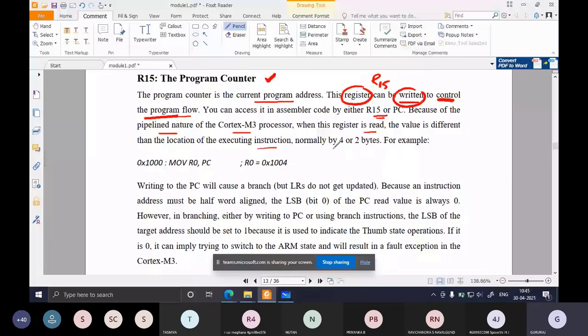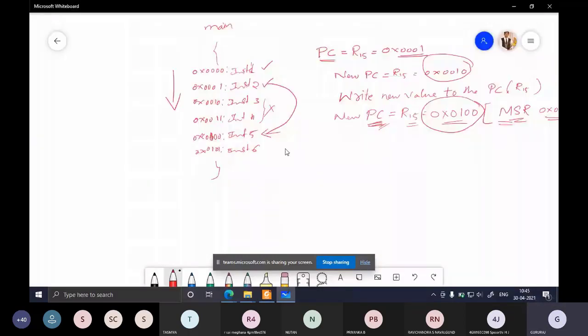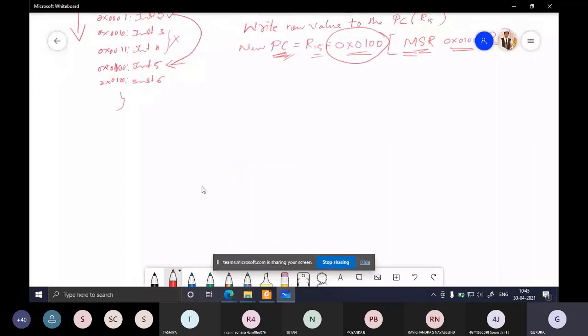What does this mean? I hope you know what pipelining is. Does anyone know what pipelining is? Instruction pipeline. Compilation and execution takes place simultaneously.